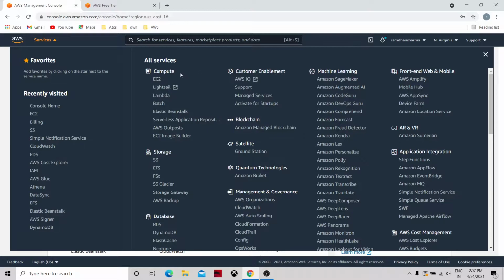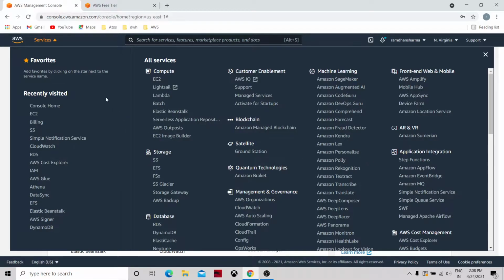First is compute, and then there are storage, S3, which is very popular, database, RDS, DynamoDB, and then customer enablement services, blockchain, and in the machine learning section, SageMaker is very popular. There are various services offered by Amazon Web Services.